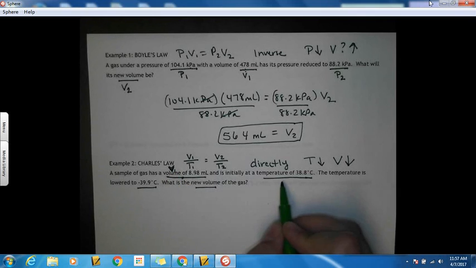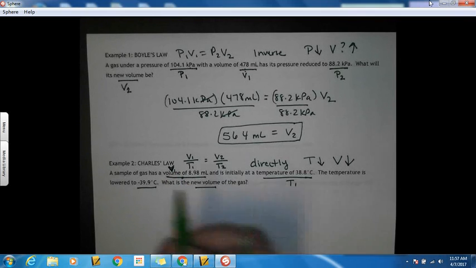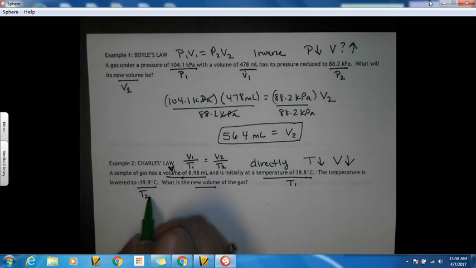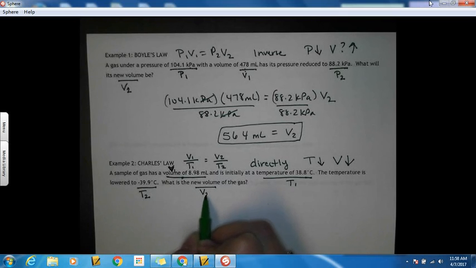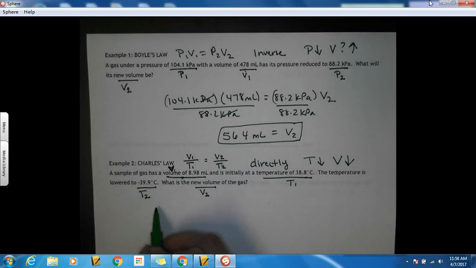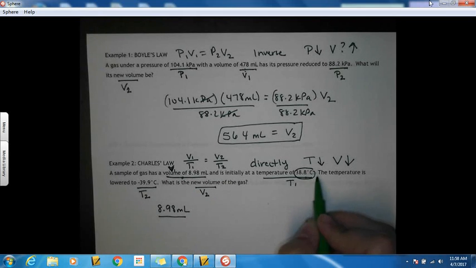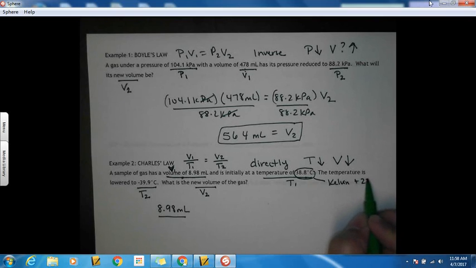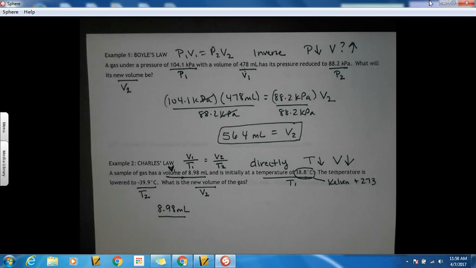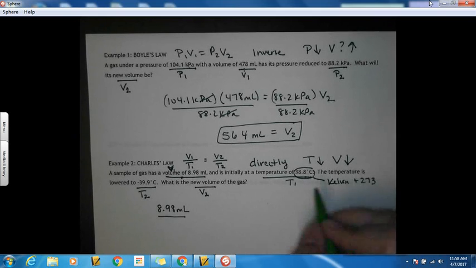And our initial temperature would be our T1, and it's lowered to our new temperature, T2, and our final volume, V2. So we plug those in, so we get 8.98 milliliters. We're going to divide by our temperature, but remember our temperature has to be in Kelvin, right? And so we need to add 273. So we get 38.8 plus 273 makes our T1